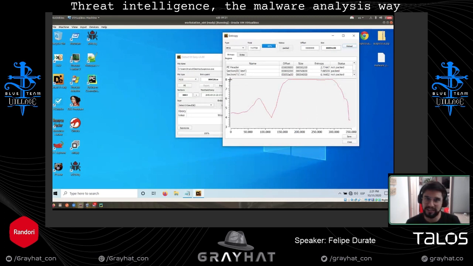Otherwise, you are not going to understand anything the next time you see the program. So when you see something with high entropy, it could be an indicator that it is packed. And actually, Detect It Easy tells you here, okay, this thing is probably packed.